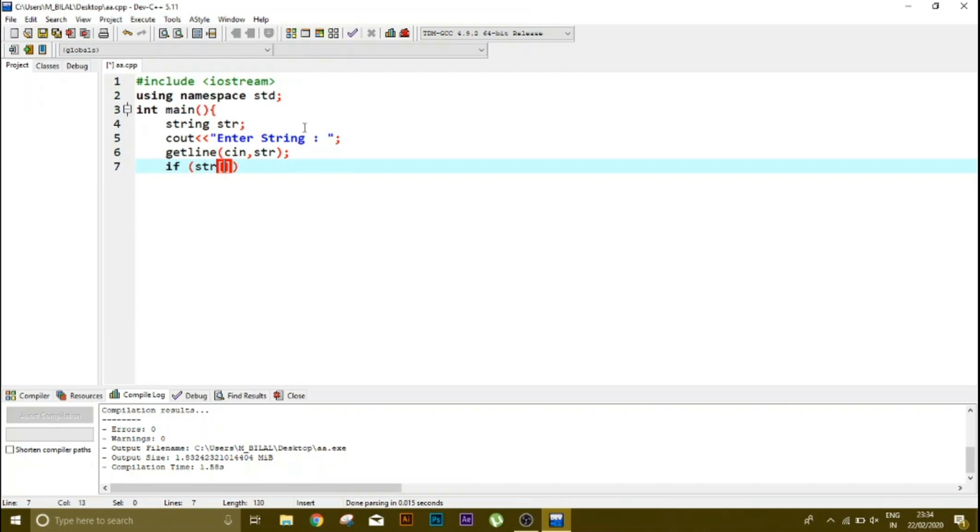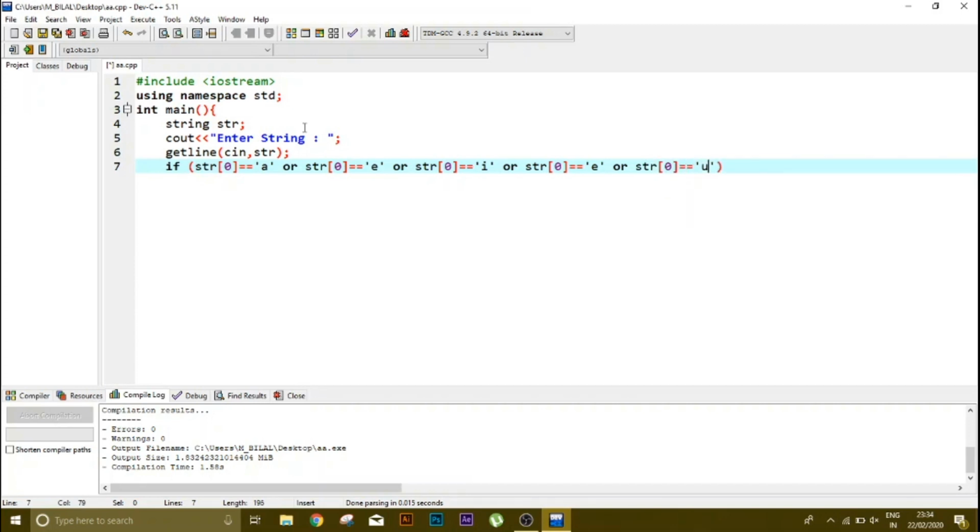So str[0] equal to 'a' or str[0] is equal to 'e', or str[0] equal to 'i', or str[0] is equal to 'o', or similarly the last vowel